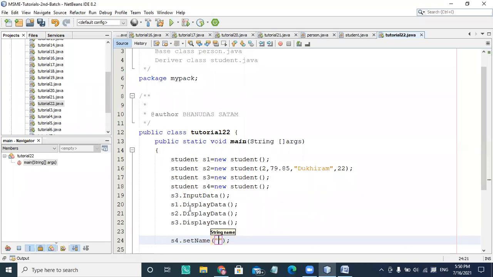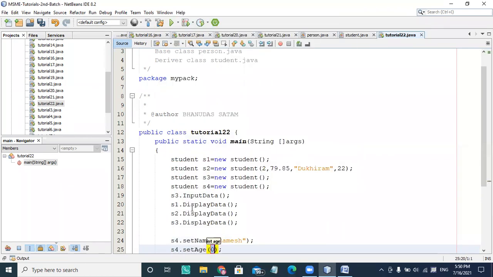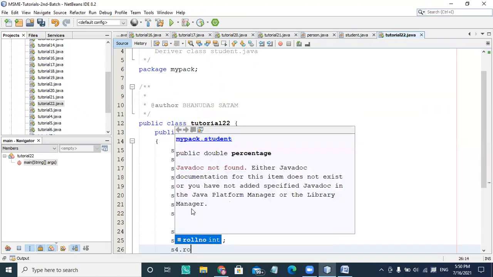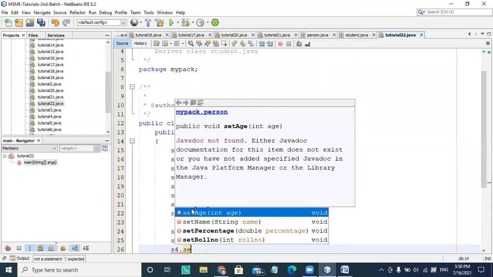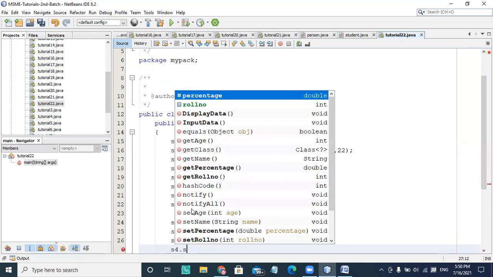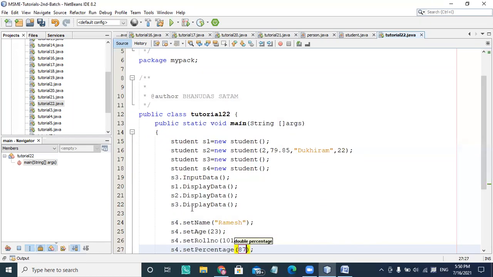I'm writing Ramesh as the name, and s4.setAge with age 23 here, and s4.setRollNumber with roll number 101, and setPercentage with some percentage, 87.56.